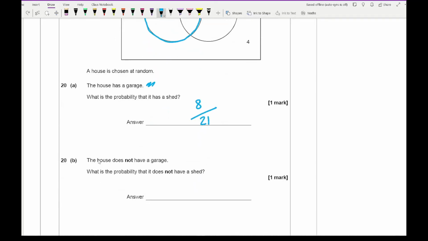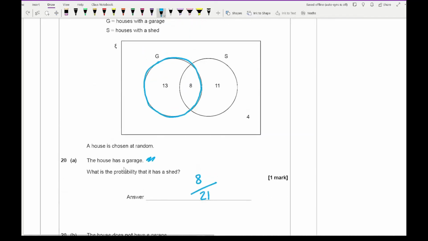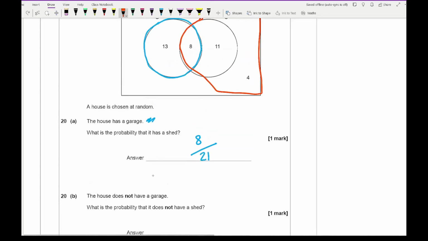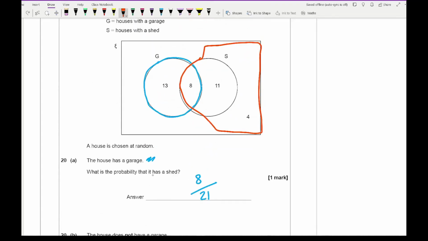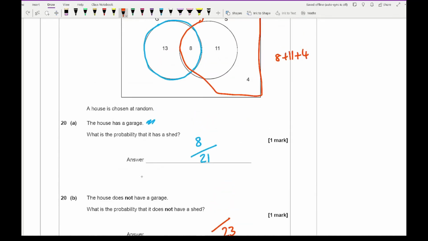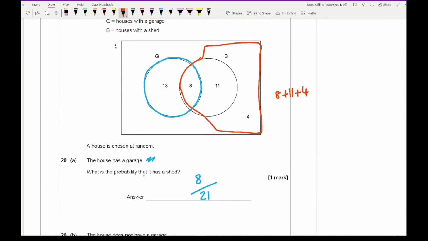Now the next part says the house does not have a garage, so for this then we are looking at this region here, and the question says what's the probability that it does not have a shed? So the total for this is going to be 8 plus 11 plus 4, which is 19, plus 3, which is 23. And how many of those do not have a shed? Well, it's going to be 11 plus 4, which is 15. So the answer there is going to be